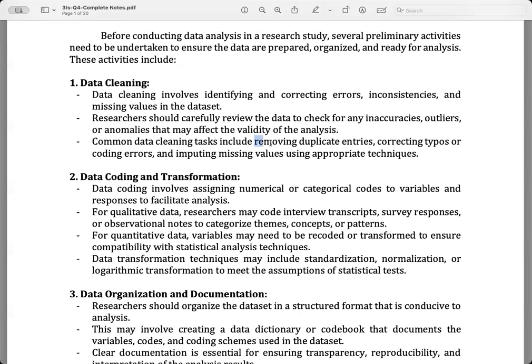Of course, we have removing duplicate entries, correcting typographical errors or coding errors, and then imputing missing values using appropriate techniques. So one of the common challenges here is not reaching your desired sample size. Now, it is one of the limitations in data gathering, especially if you do not meet your desired sample size. But you have to remember two factors why this would happen. So number one, it could be unavailability of your participants or your respondents. And another one could be like there are respondents or participants